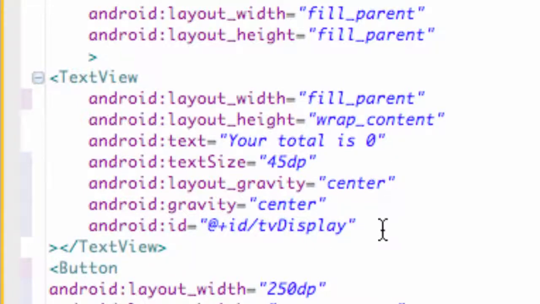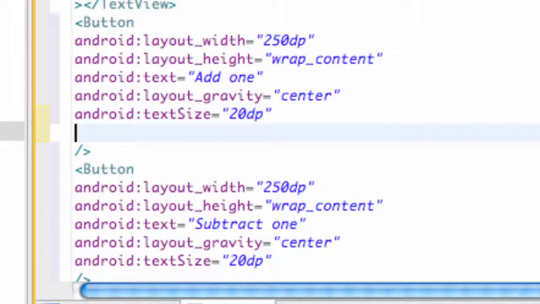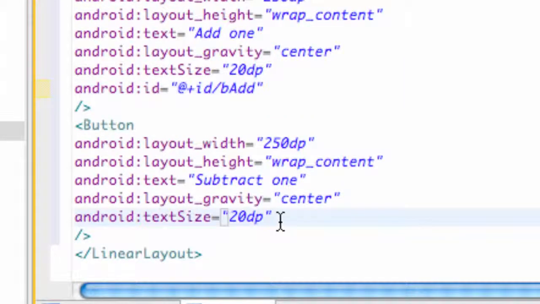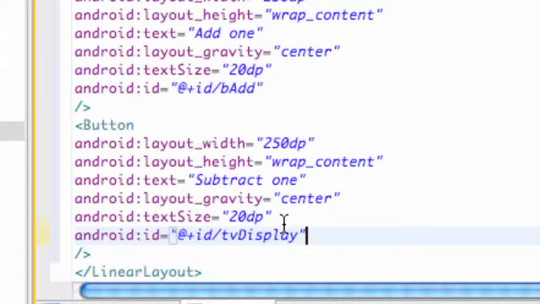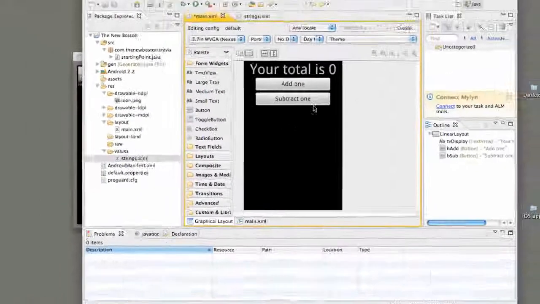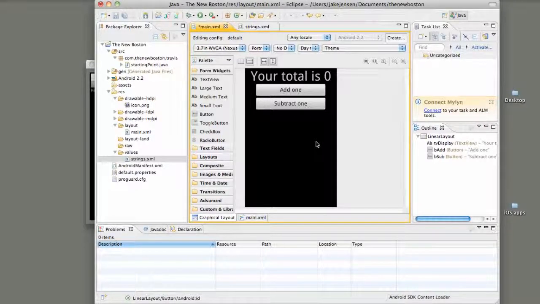Then we're also going to set up a couple references for each button, so I'm going to just copy this and paste it within our button and change it to B for button, and then we're going to call this one B add, button add, and then we're going to set up a reference for the subtract as well. This is just something I like to do so I know it's a button, so B sub for B subtract. And there we go. We basically have our linear layout set up for our first little application we built,